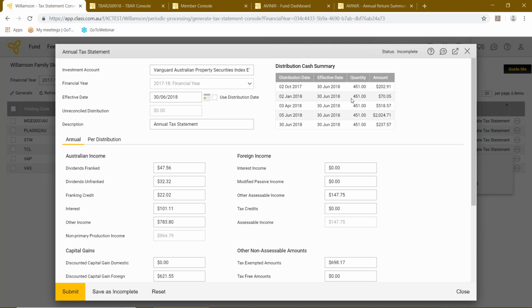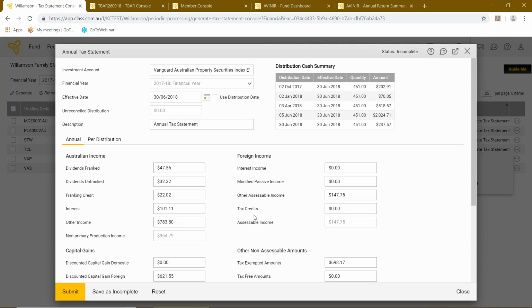We take that information and, based on the component ratio that we've computed for each of the securities, split the total cash distribution into the different tax components. Importantly, what that means is the numbers you see here should, probably with a small rounding difference, in essence match what you receive from the paper tax statement directly from Vanguard,